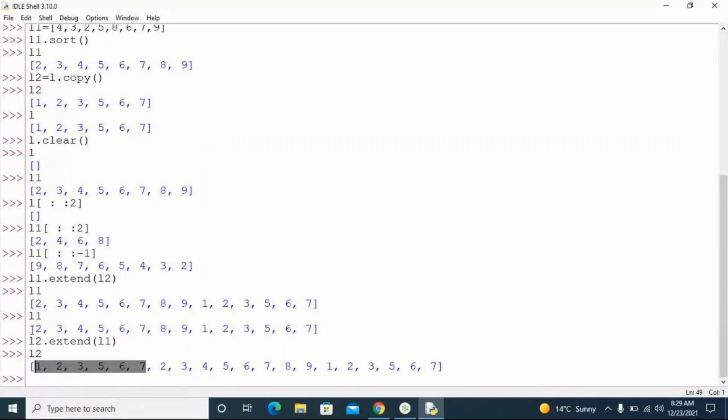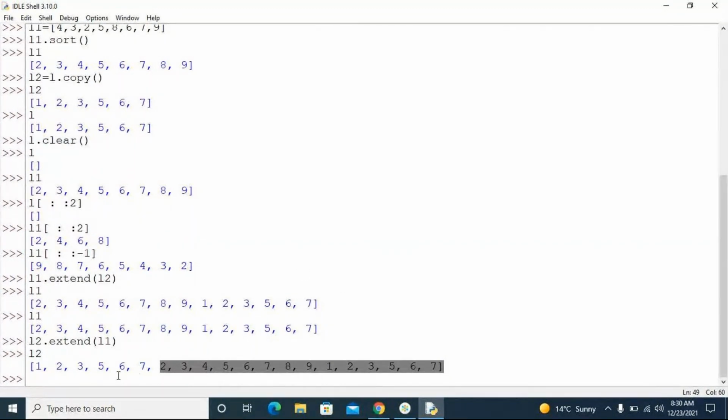Recently this is L1, because we already extended once. Now we are going to extend one more time, so it becomes like this. Extend means you are going to add two lists, one list after the other list, and that method is called extend. Extend is not for a single element. Extend is to add a list to a list. You need to know all these methods generally.